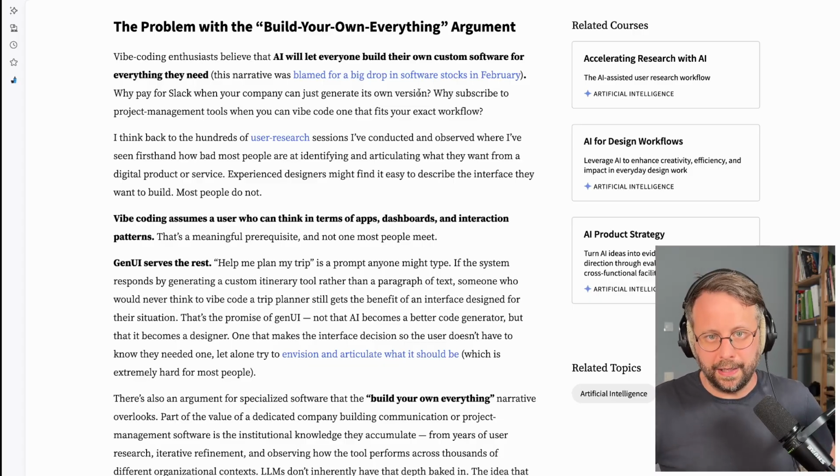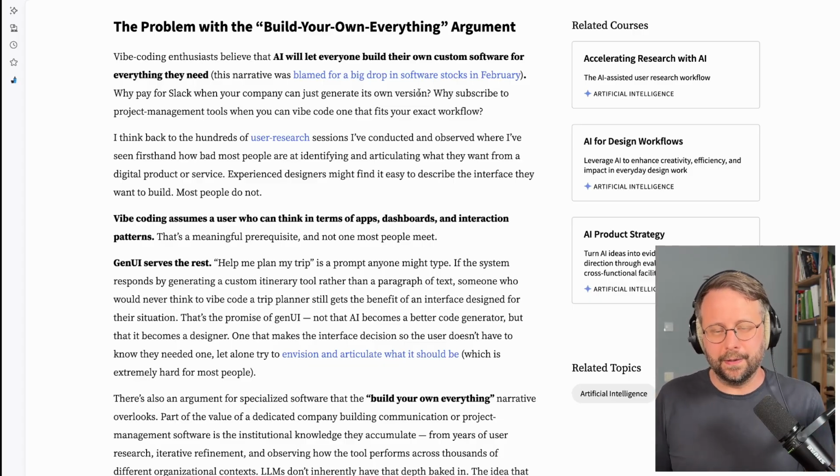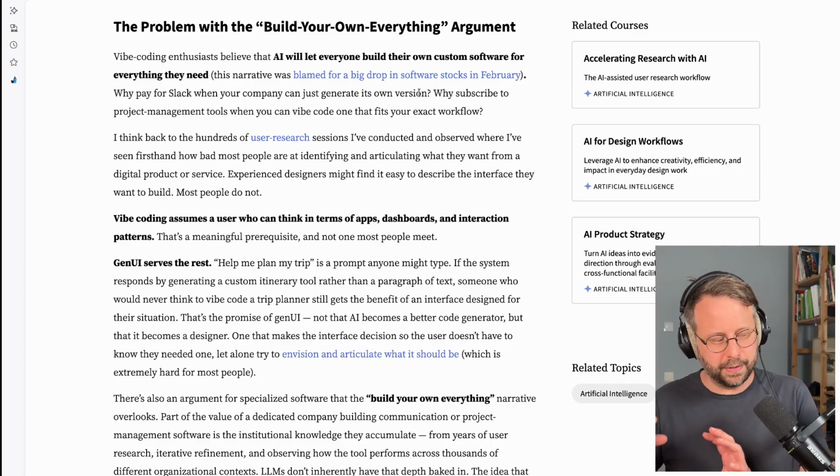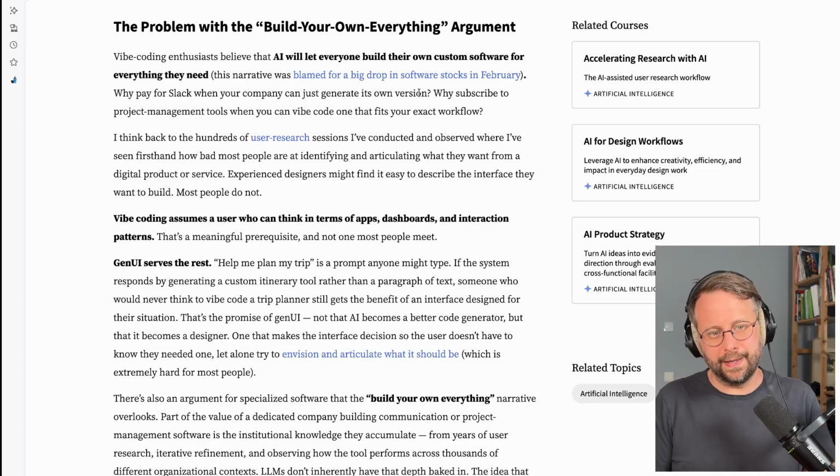And then on top of that, you have the difficulty in describing what you want from a user interface. So there's a lot of things in the design process that are kind of hard to pin down.